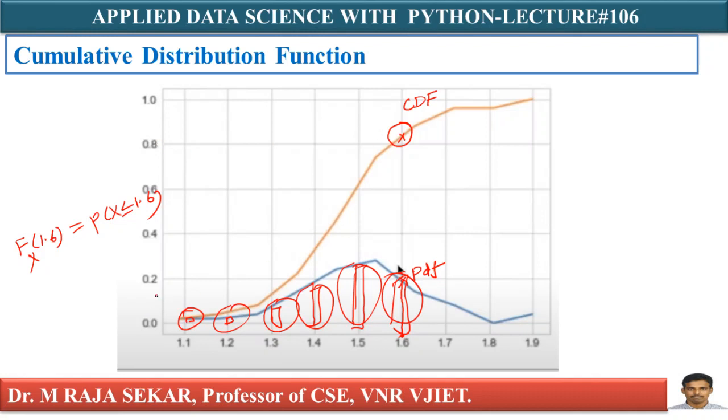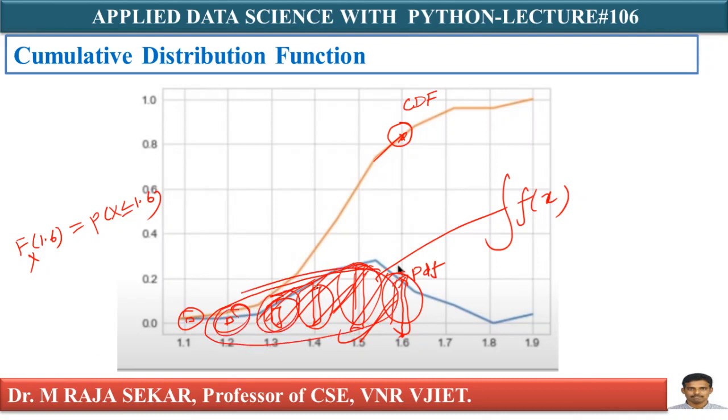Isn't it? According to calculus, what do you have to do? You have to integrate it. Which one do you have to integrate? How can I get the area? For those of you who know calculus and remember area under a curve, how can I get the area under the curve? By integrating. What is this? This is basically f of x. I must integrate it. If I integrate this, if you add all these areas, I will get this particular point. Even otherwise, just add the heights.